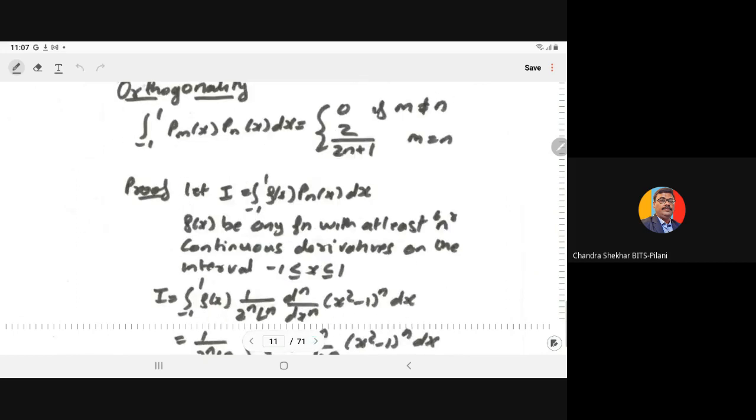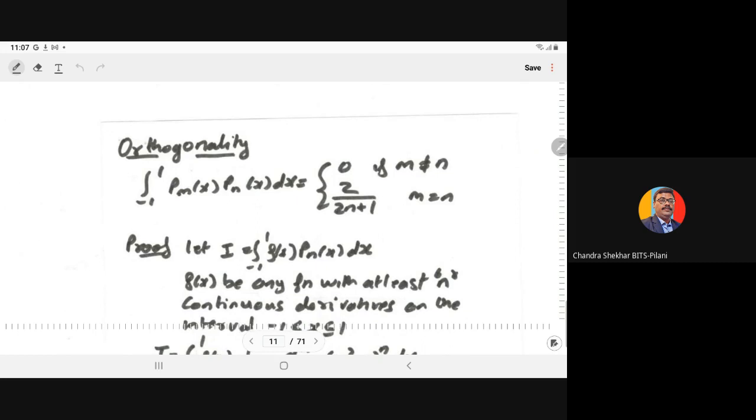So till now, any doubt? Means major part of the Legendre equation we have solved. So till now, any doubt to understand? Now, another one is the orthogonality. Orthogonality is the integral from -1 to 1 of Pm(x) Pn(x) dx. It is equal to 0 when m is not equal to n, and